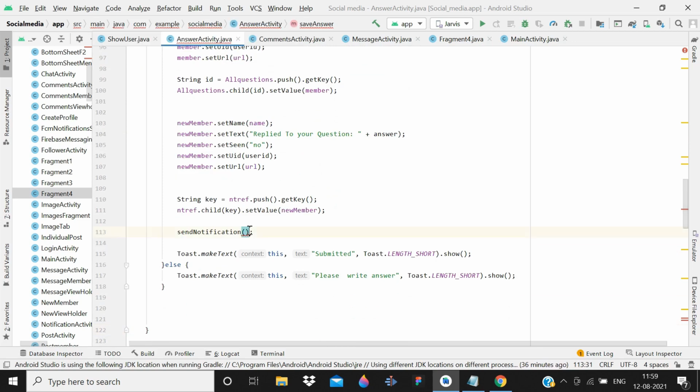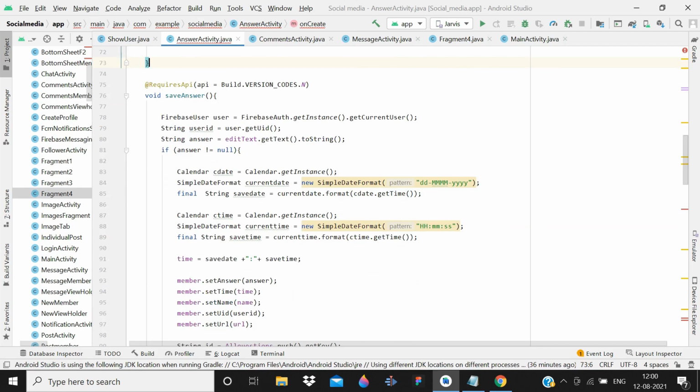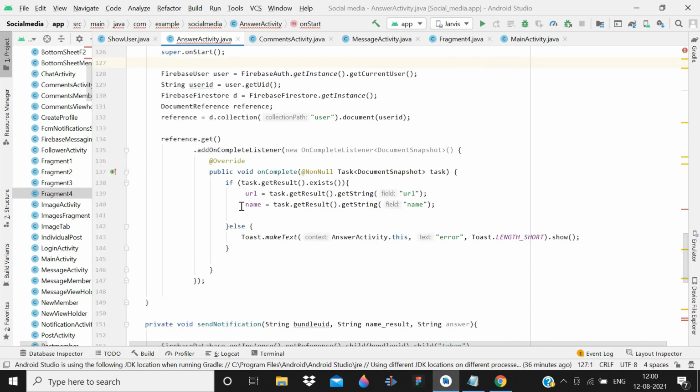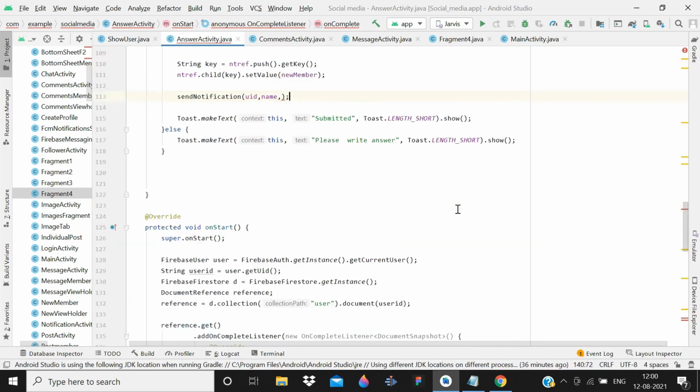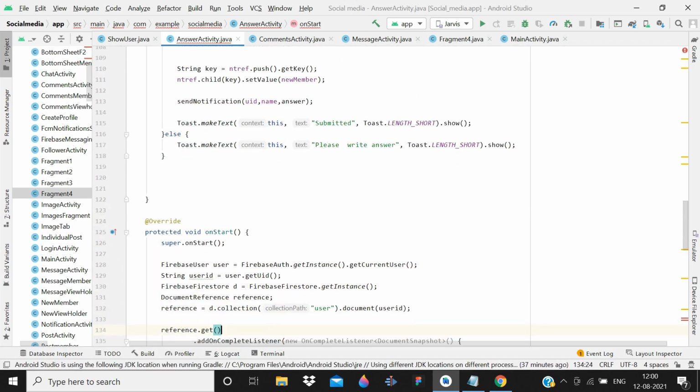So here we need the UID of the user, and then after this, name, and I think the name should be our name. On start, let me see, we are retrieving the name. Yep, we are retrieving that name inside on start. Then after this, answer as I said, UID, name, answer.